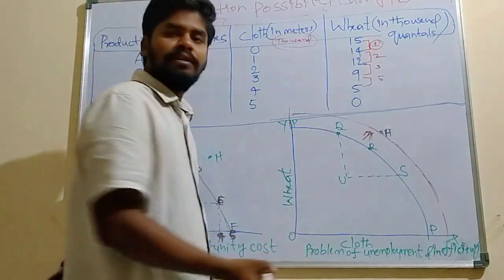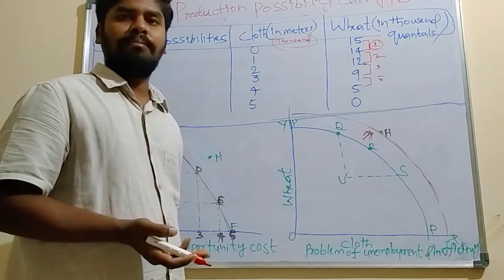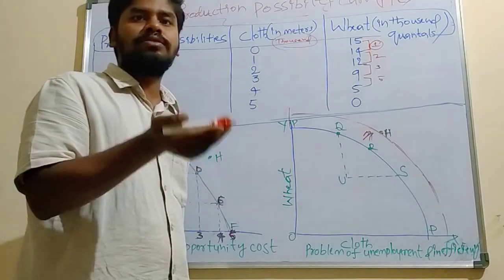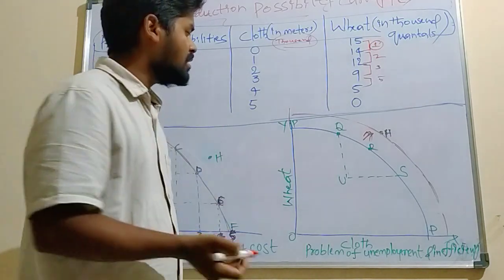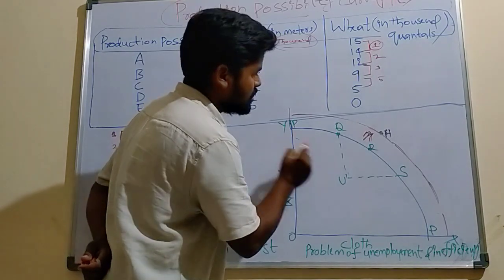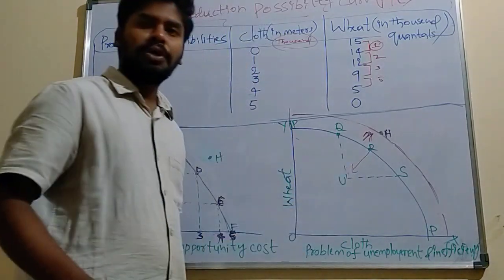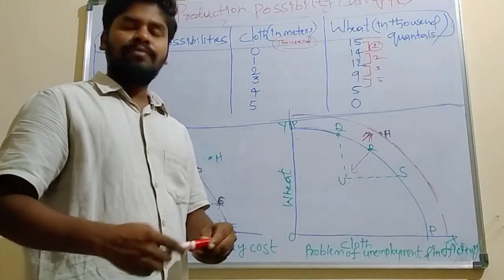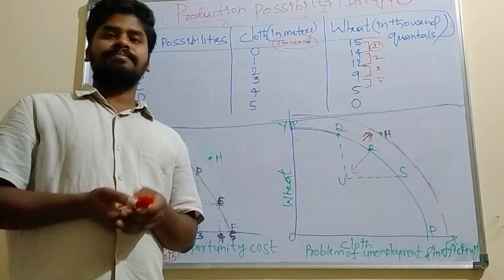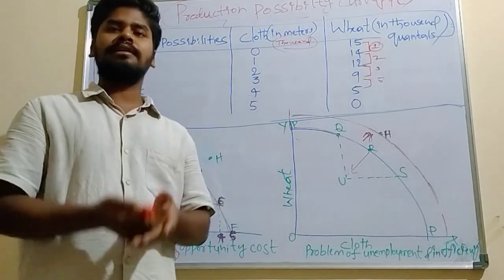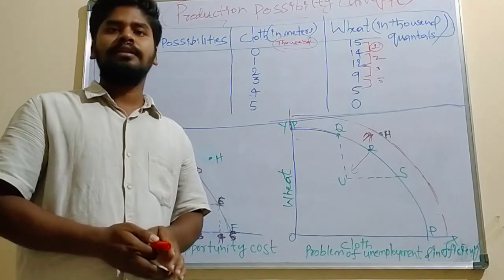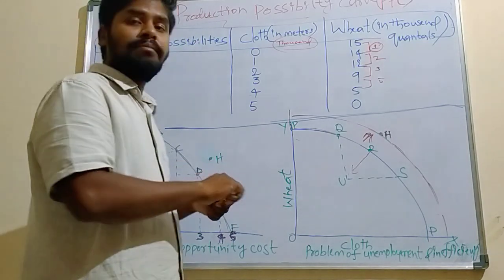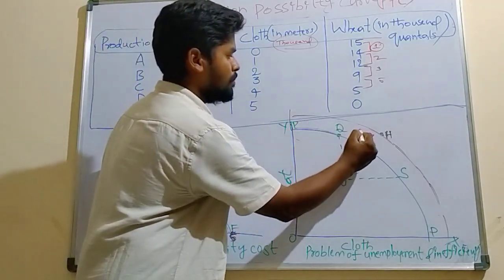When the labor is very low skilled, and they are not producing goods in a productive manner, and the resources are not used in the optimum manner, that leads to inefficiency, which leads to the downward shift of the production possibility curve. If you look at the country Japan, the labor is very well equipped. With very skilled labor, they use advanced technology efficiently, so that their production level is very high. So at that time the production possibility curve will shift upward.